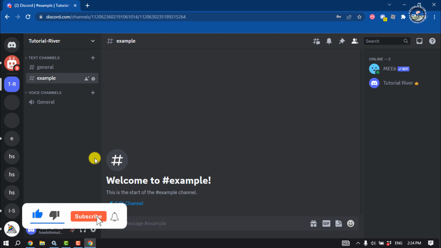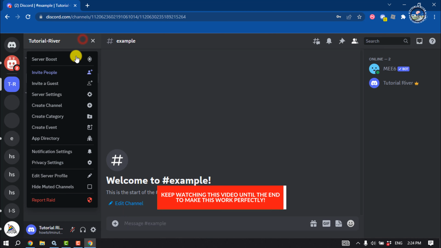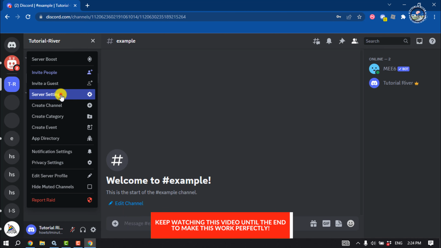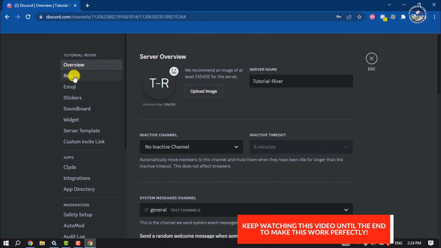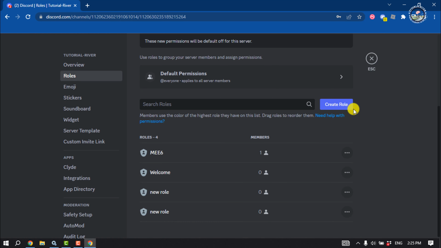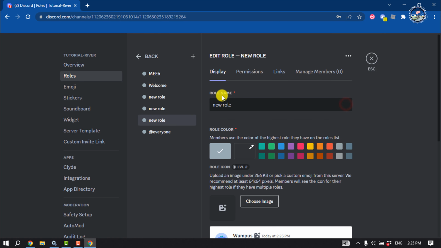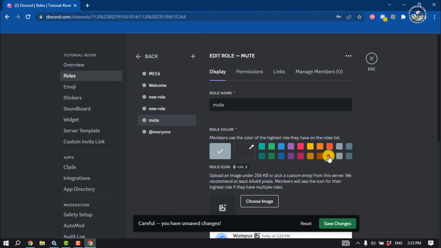So the first thing you have to do is open your server and click on server name, server settings, select roles, click on create role, give the role name here, mute, click on save changes,